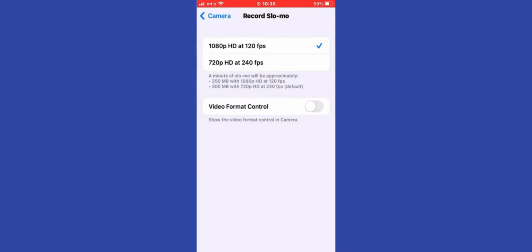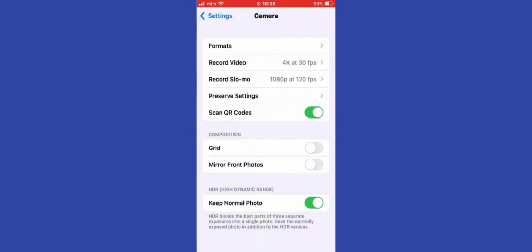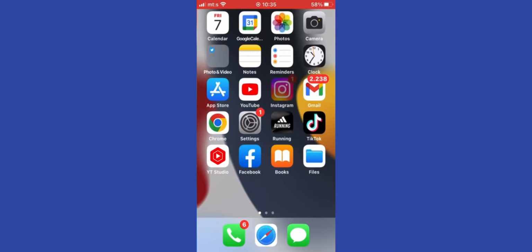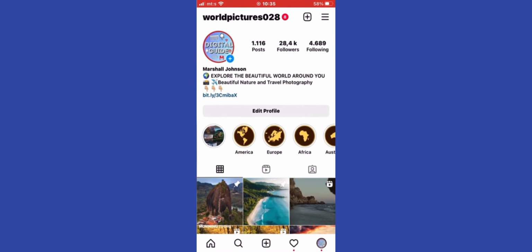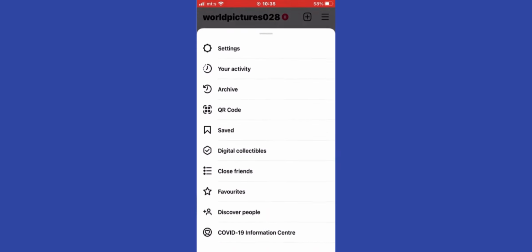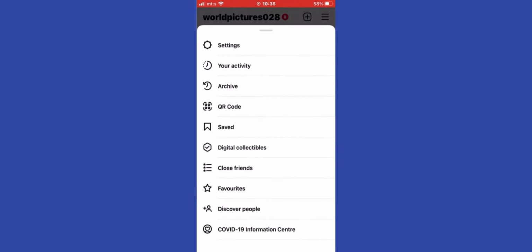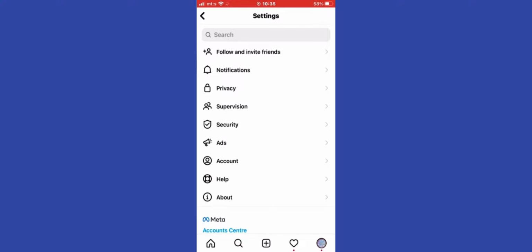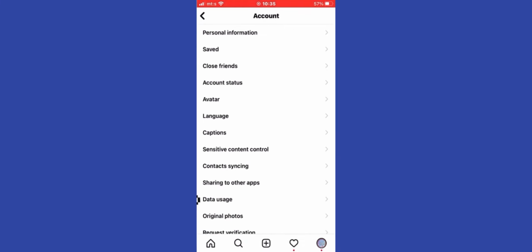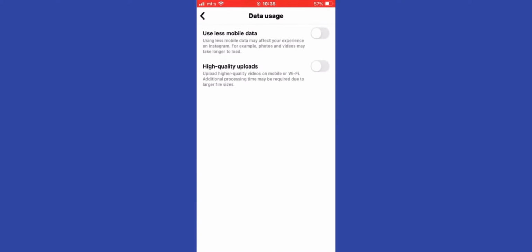Now exit the settings and open the Instagram app. Click on the little profile icon in the bottom right corner to go to your profile, and now tap the three lines in the top right corner of the screen, then Settings. Now open the account settings, then data usage, and turn on the high quality upload feature. So now Instagram will upload a story at the highest quality possible, and hopefully your story will not be